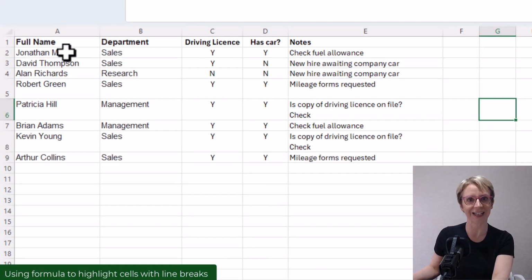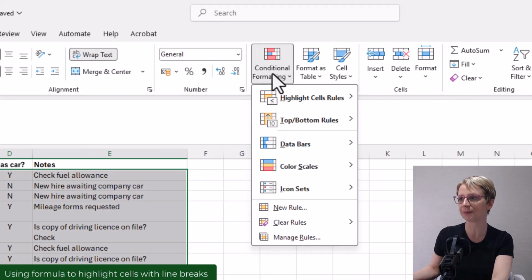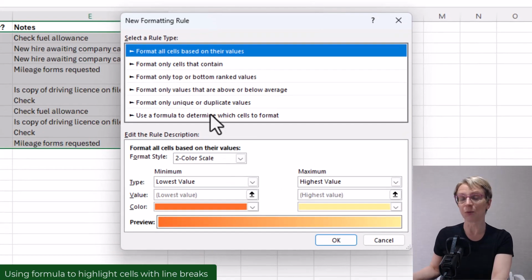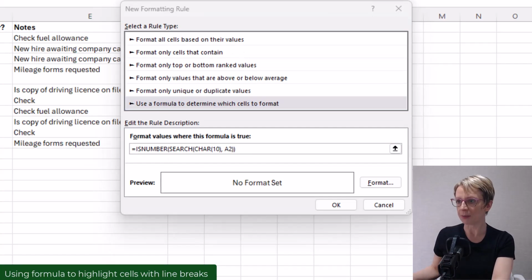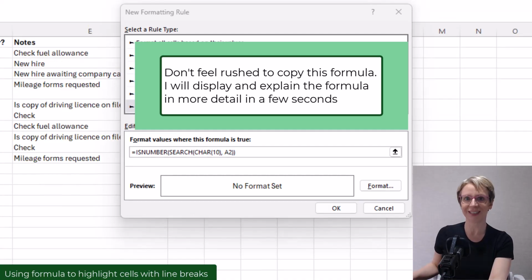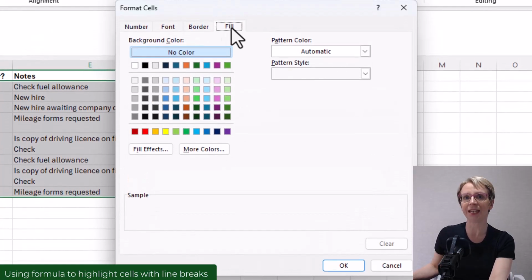To do this, I highlight the range I wish the formatting to apply, then simply go to Conditional Formatting and select New Rule. Then I will use a formula to determine which cells to format. Into the Format Values box, I put the formula, which I'll explain in a moment, but first I'll add the formatting. So I click Format, then in Fill, which controls the background colour of a cell, I'll select this blue colour